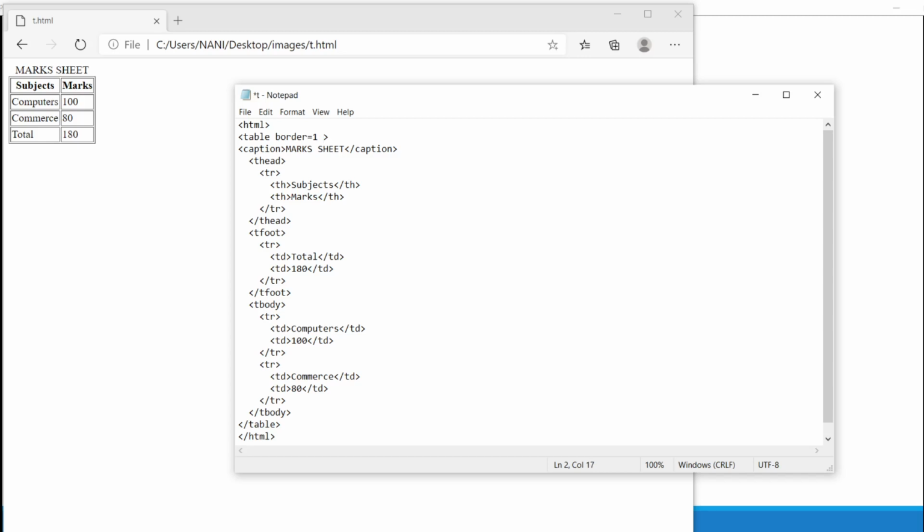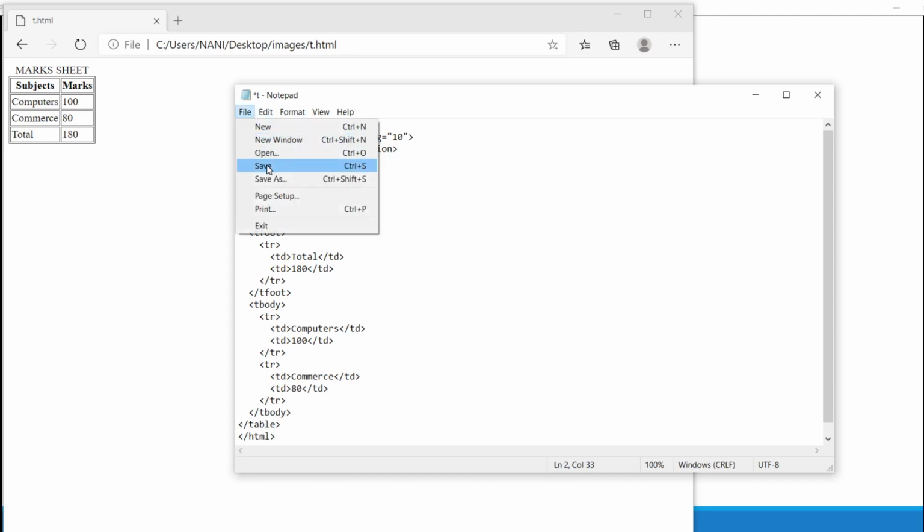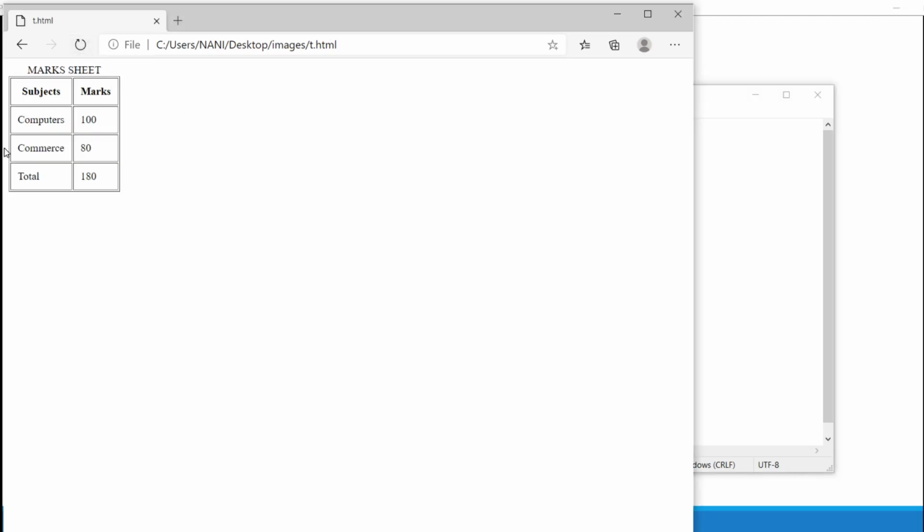Let's see the cell padding and cell spacing. Cellpadding equals to a number. If you observe this, it provides the space between the content of the cell and the cell border.